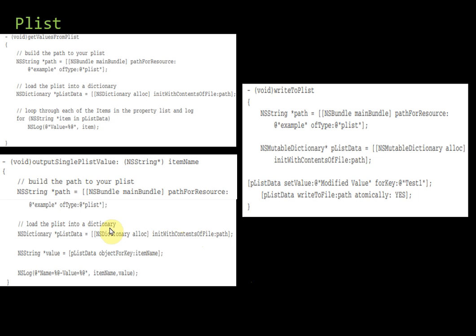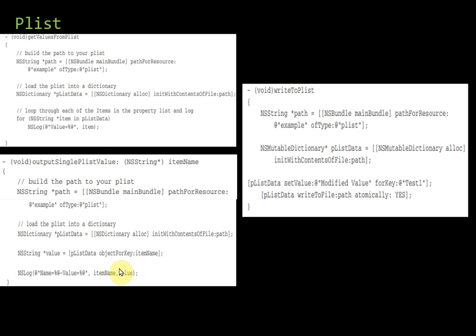Okay, now here what you did, each of the items you are accessing in your list. Now instead of that, I want only one item out of that plist. If you want just a single item of the plist, then how you can do that, the code is written over here. That is the second part that is given. The name here we have written is outputSinglePlistValue. In the first example, we are looping through the list and we are displaying, or you can say writing, each of the items from the plist. Now we don't want that, we just want one single item.